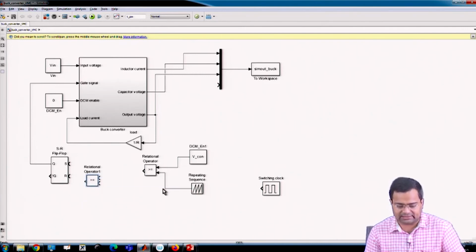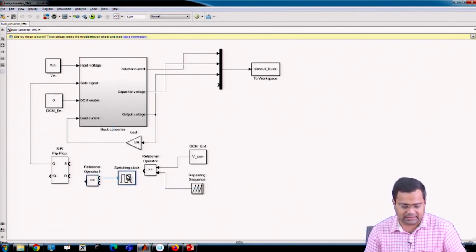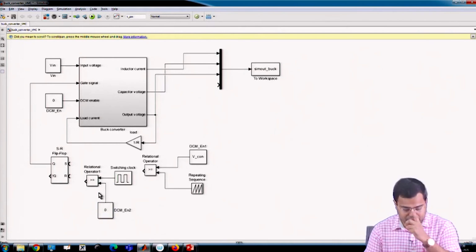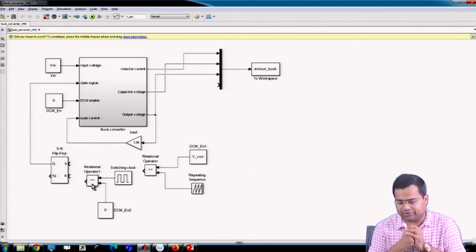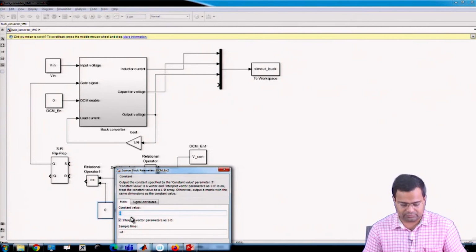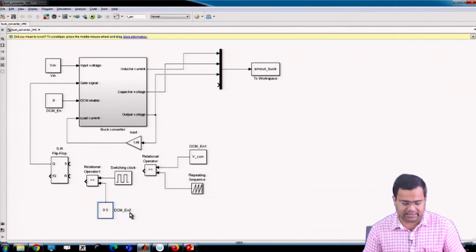That means, as long as this is greater than 0 or something like that, it will be high. So, you can set like a 0.5, something like that. Yeah. So this is my set pulse,